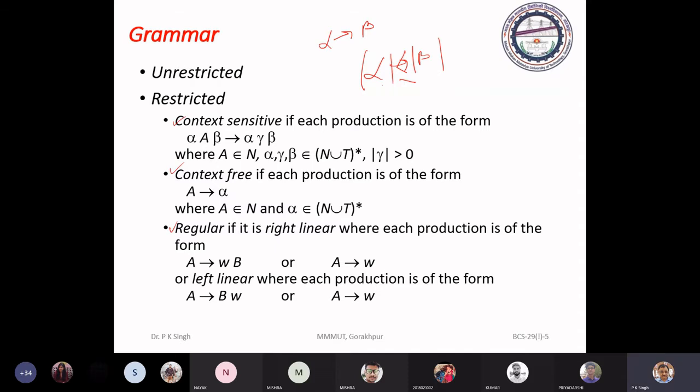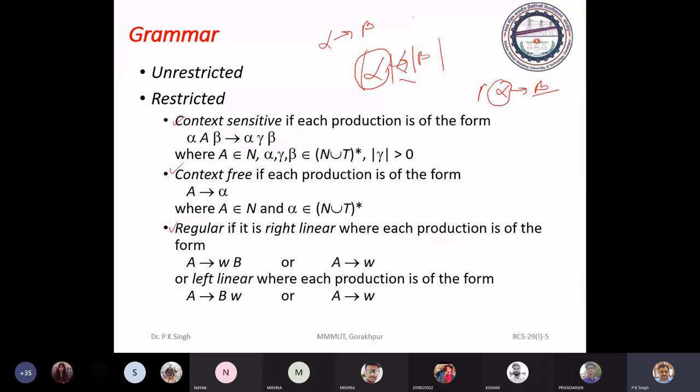Then context-free grammar. In context-free grammar, we have a restriction on the alpha. This alpha is a non-terminal. Means if we have a production alpha to beta, in that case this alpha is any single non-terminal.